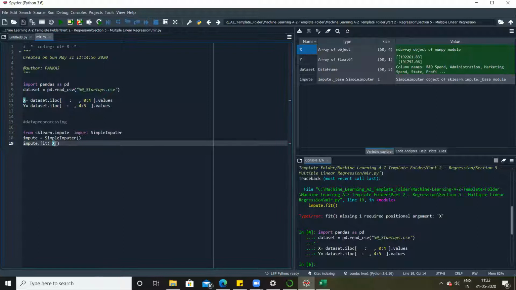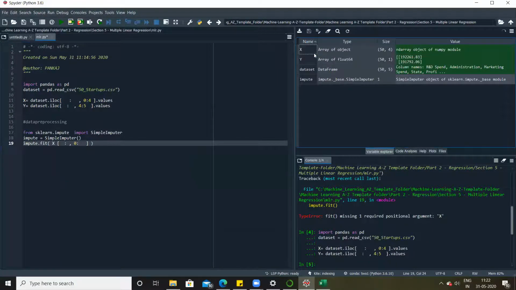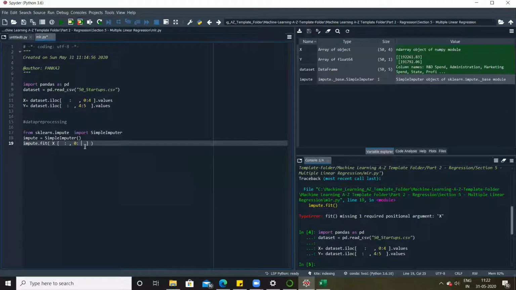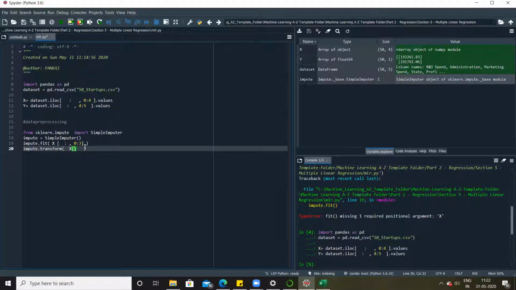I'll say impute.fit on X, but don't use complete X. Divide X in two parts: read all the rows of X, and from columns, read from index 0 till index 2, so 0:3, where 3 is exclusive. And then I'll say impute.transform. In transform, again I'll pass the same X, all rows, but only columns 0, 1, and 2, so I'll write 0:3.